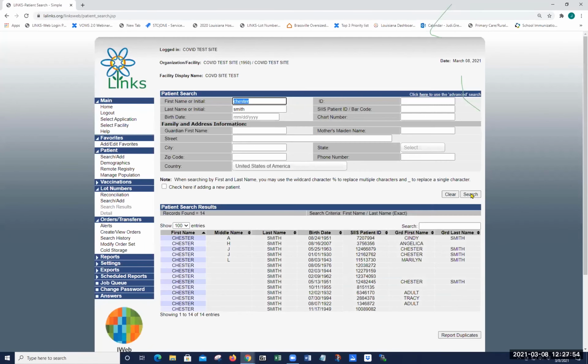Watch me not have a Chester Smith. I just pull that out of the air. Oh, I do. Okay. So then I can look here, and let's say she said her date of birth was 8/4/1943, and here I see a Chester Smith with 8/3/1943,